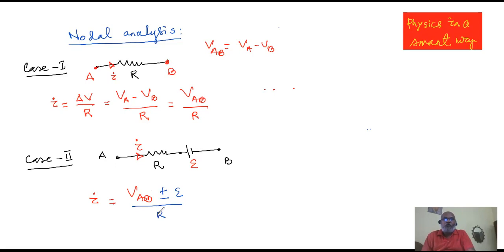We know at best we can write like this. To decide whether it is a plus or minus, let us say we consider a thing like this. Say temporarily we forget VAB and the current is flowing. We know the circuit must be closed. Circuit must be closed. If the battery or the cell would have been the sole controller